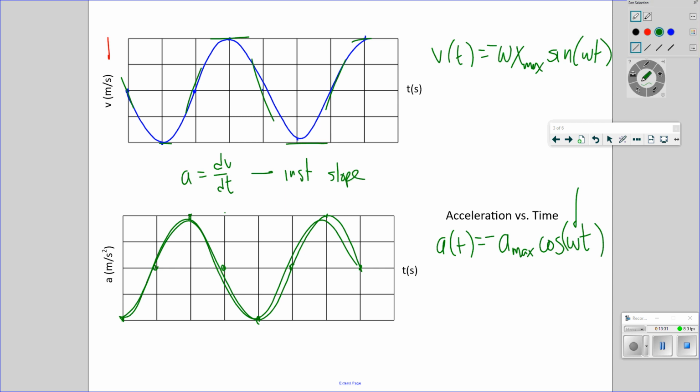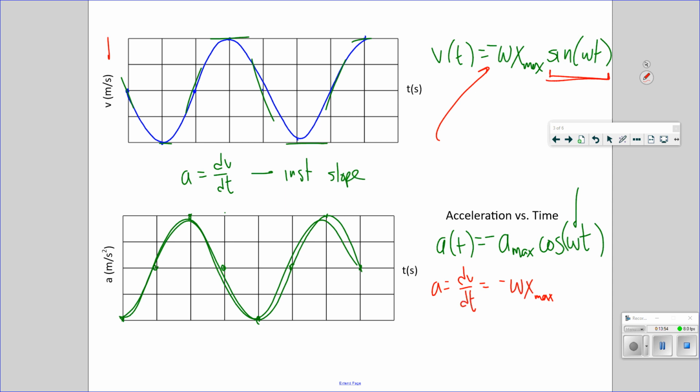Well, the rules of calculus say that a is dv dt. So when we differentiate this function with respect to t, well, we got to keep what we had, the negative omega x max. The derivative of the sine function is a cosine function. Then we have to differentiate the omega t with respect to t. That gives us another omega. So look, this turns into omega squared, and yeah, omega squared x max,